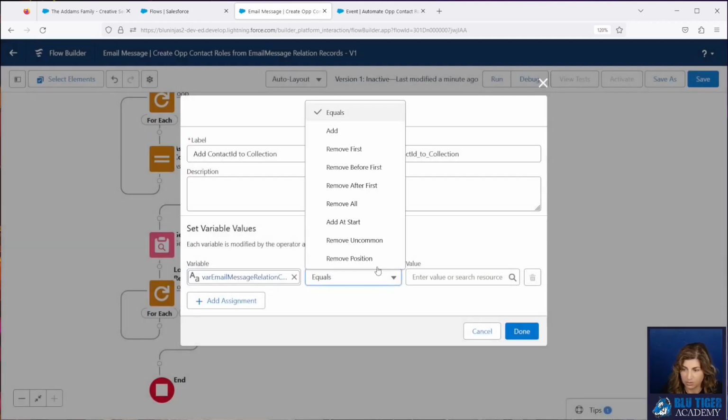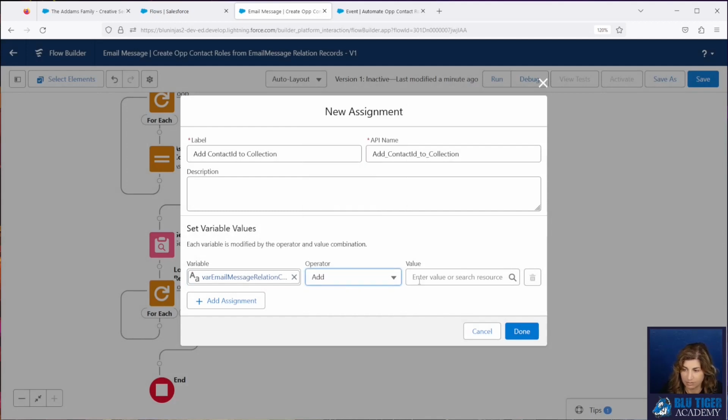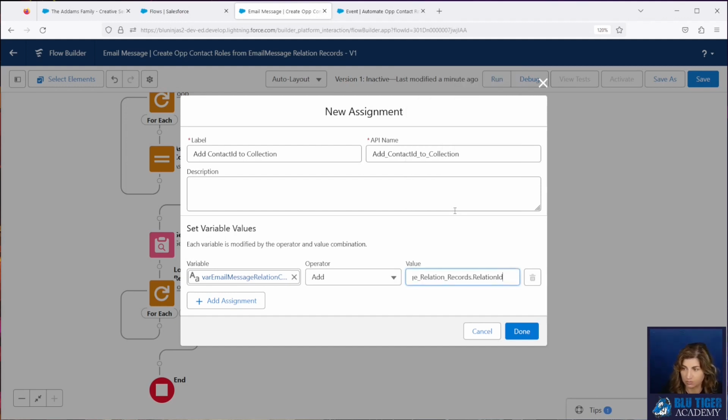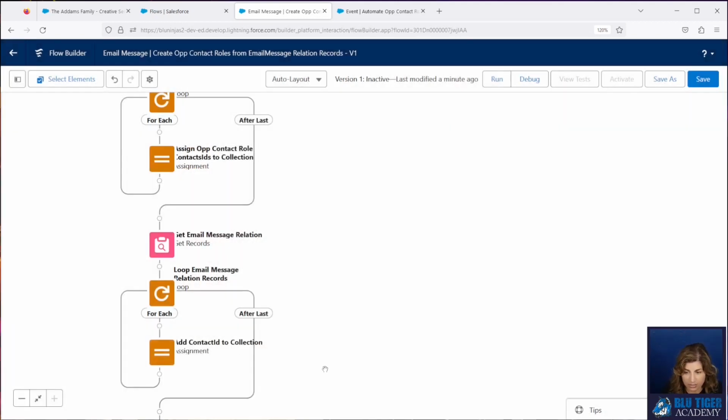And we're going to add the relation ID in our email message relation record. So the relation ID has the ID of the lead or contact that the email message relation record is related to. So we'll choose that. All right, so now all our contact IDs are going to be added to this text collection variable.